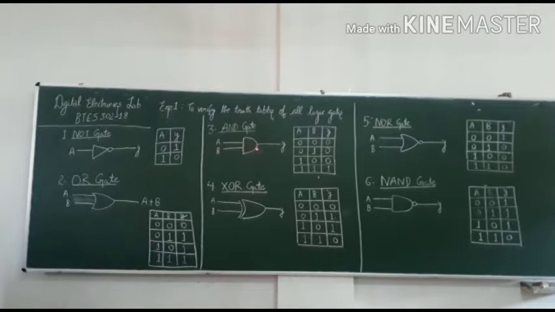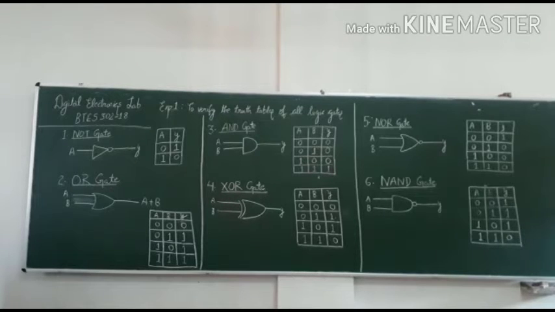So next is AND gate. It will implement the multiplication. So this is the circuit or representation of AND gate, and the truth table of AND gate is: for 0 and 0, we have 0. If any of the inputs is 0, we will get the 0 output. Like second case, A is 0, B is 1, output will be 0. A is 1, B is 0, output is 0. At the end, when both the inputs are 1, we will receive the 1 output.